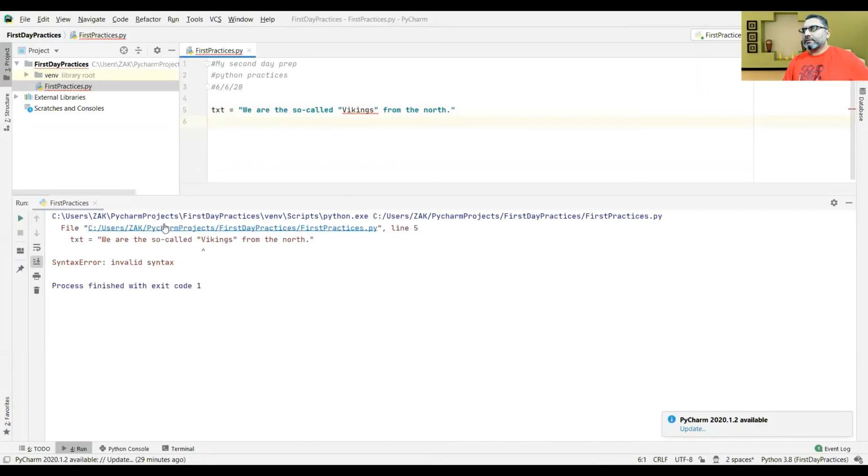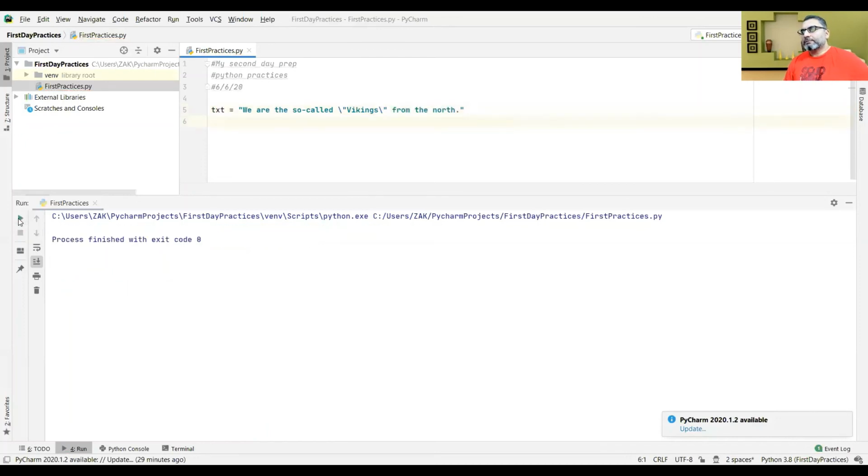See, this will be an error because the system will take it as one string and this as another string, although what I wanted was the Vikings in double quotation itself. So, to make them available, I will use backslash. See, if I execute it now,